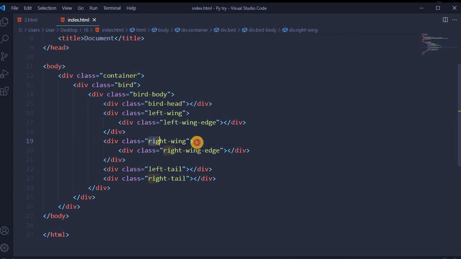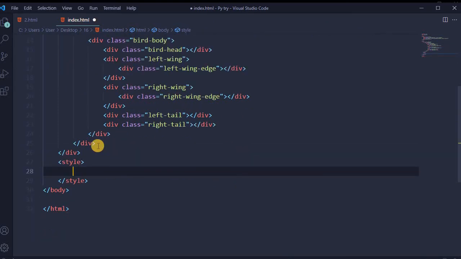Then a div with class right wing with right wing edge, and two parts of the tail, left part of the tail and right part of the tail. In order to save your time, I will not type everything because it will make this video super long. So if you want, you can always pause the video and check the code.